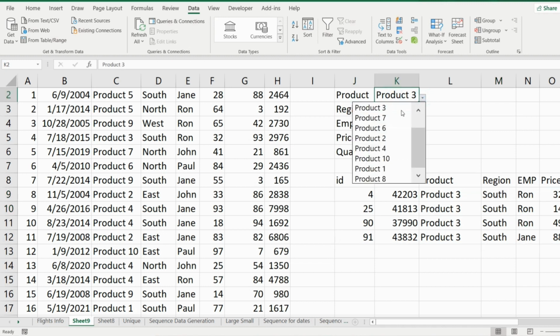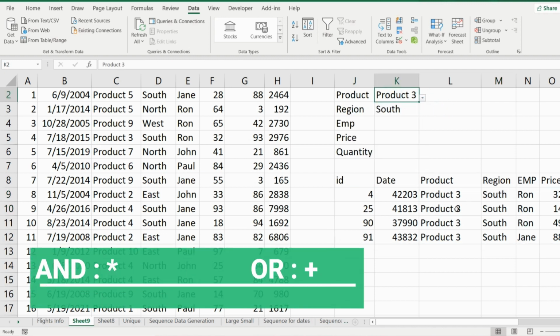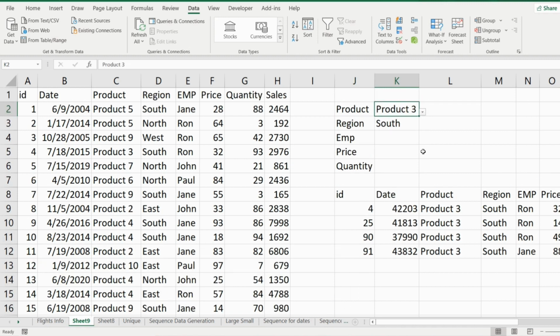A quick reminder, for AND conditions, we use the multiplication sign, and for OR conditions, we use the plus sign. For example, if we want to show transactions where the product is product 3 or product 9, we can change our formula.